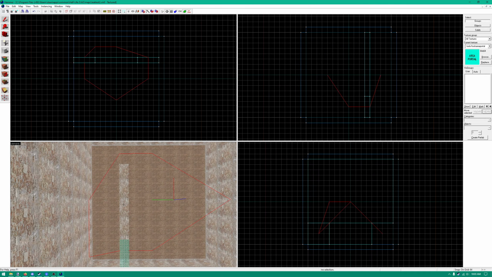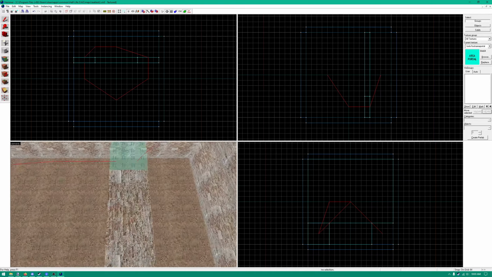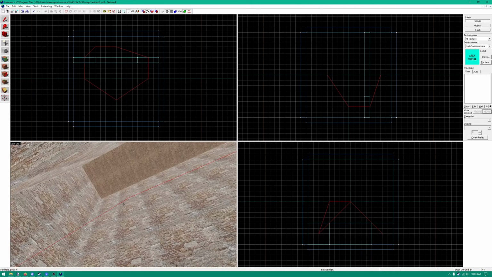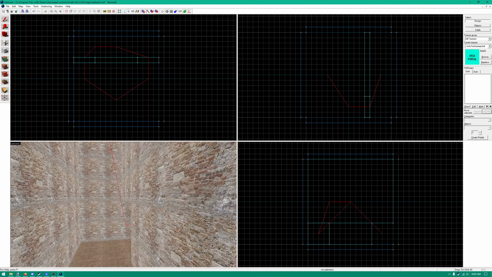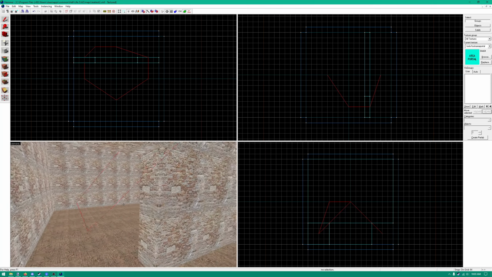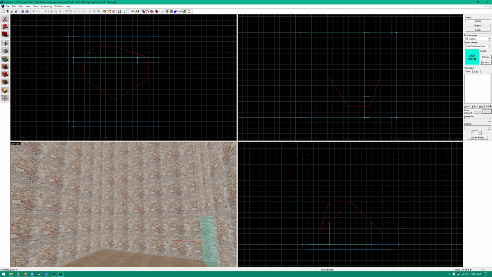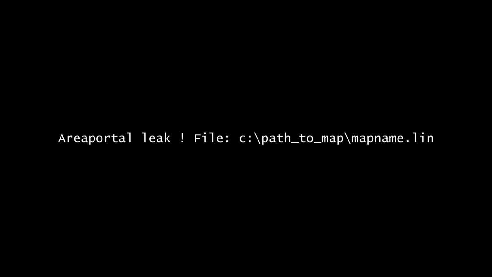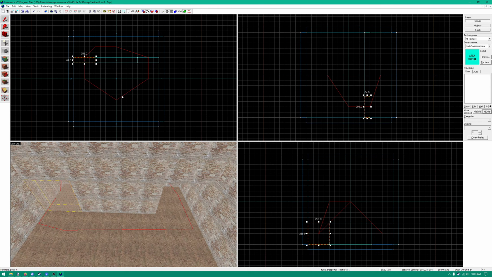Area portals come with their own kind of leak. Much like how the inside of your map must be sealed off from the void, every distinct area of your map that you create with area portals must be sealed off from one another. If this is not so, then the area portals can't actually figure out what objects they can hide. This kind of leak has its own special message to announce itself, and the point file will loop from one side of the area portal to another. You fix this much like a regular leak. Create or extend a brush to break the line, or if appropriate, another area portal.